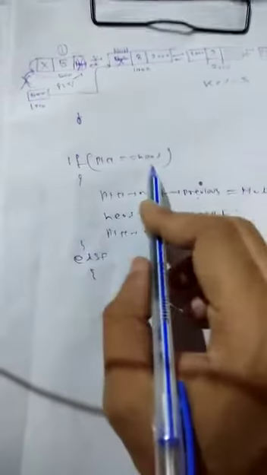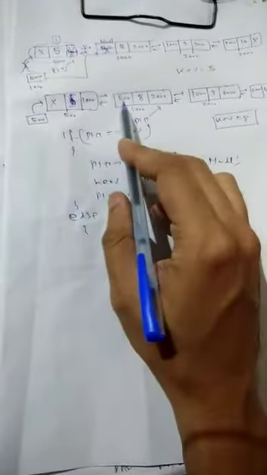What is this case? If ptr is not at head, or ptr is not the first node, ptr is any other node, then what are the changes? See here. Ptr is now here. Suppose our key, this is the first, when key equal to 5, suppose key equal to 8, we have to delete at any position. Suppose this is the position. Now here equal to ptr. So how to update this? We cannot update this first, because if you update this, you will lose this address. So first you update this address, after that you update this.